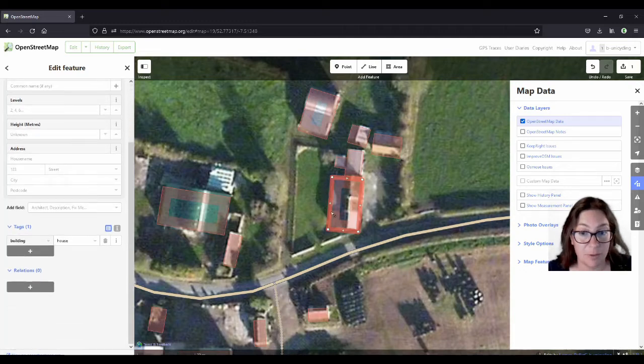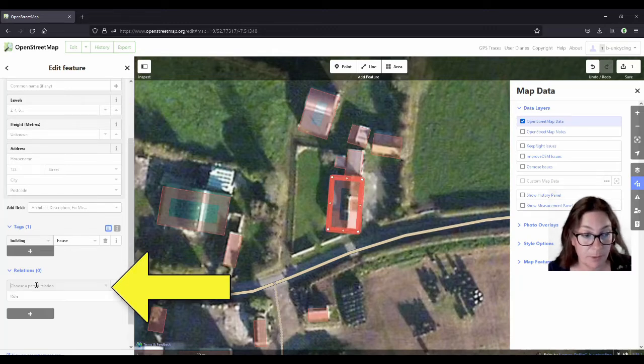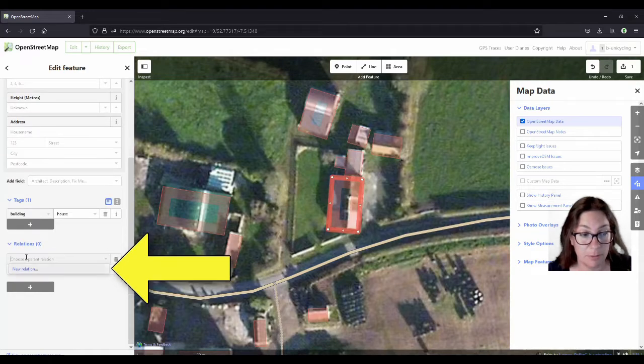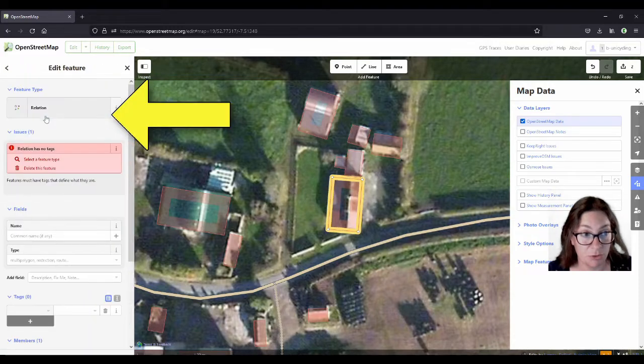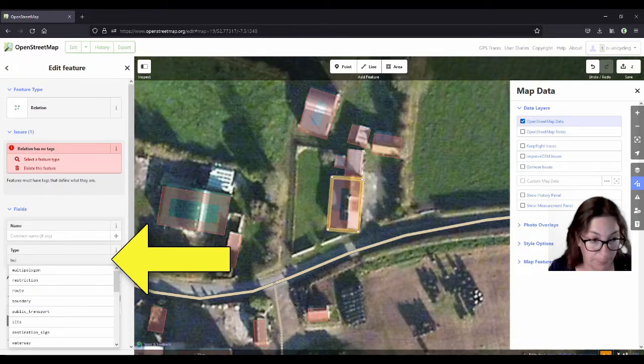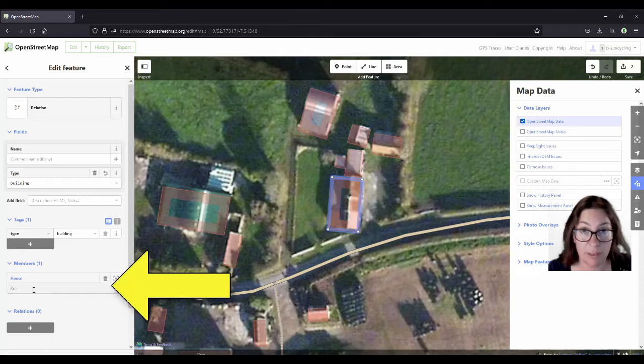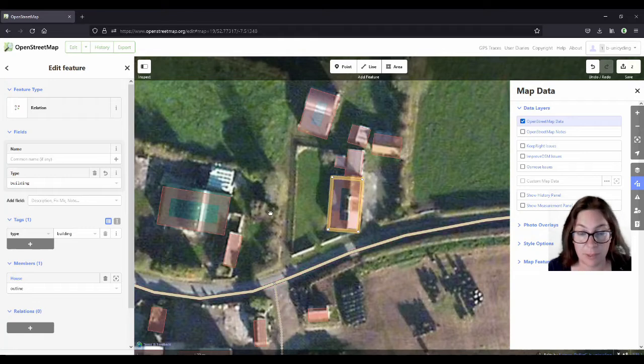And first of all, we have to define a new building relation, because we have to put all these four parts into that relation. And we click on new relation here on the left. And just choose relation, and the type is building. So far so good, that makes sense. And the outline of the building is, the role is outline, also makes a lot of sense. So that's the first part done. And we can add more information to this later on.